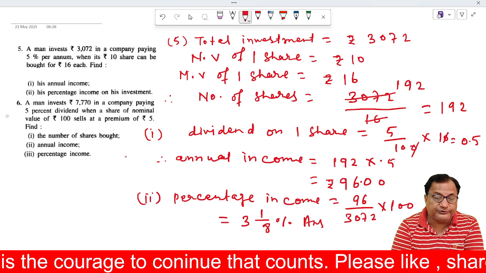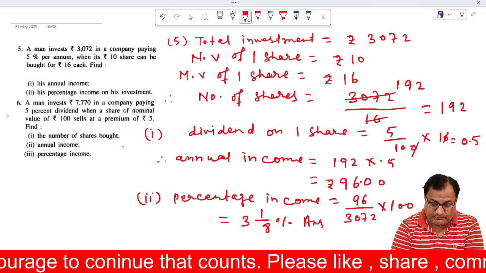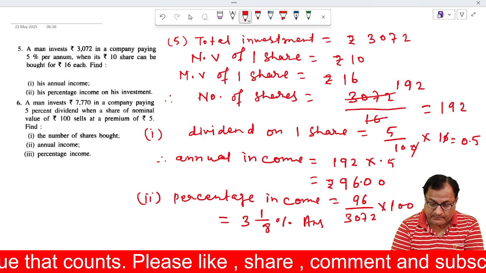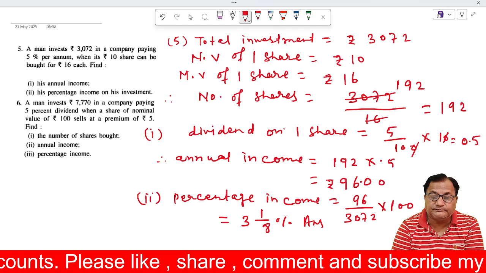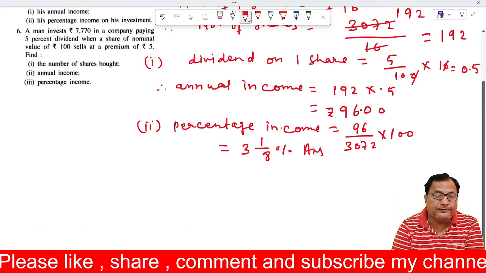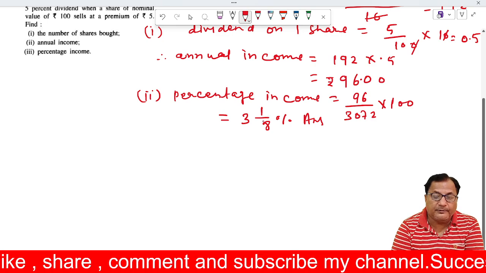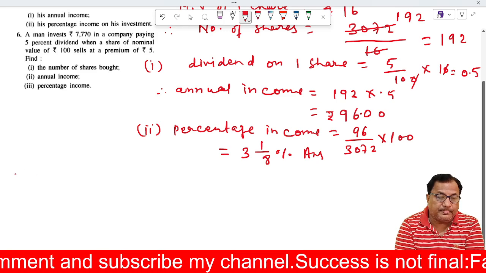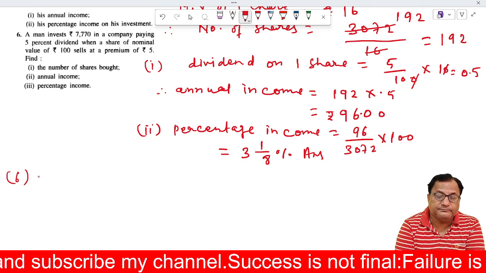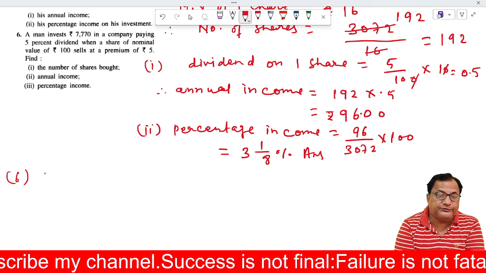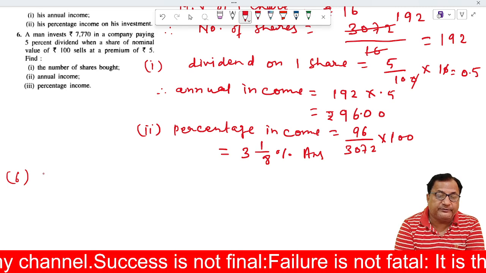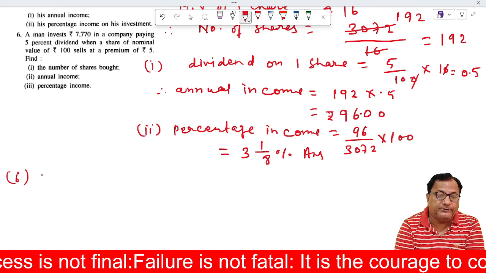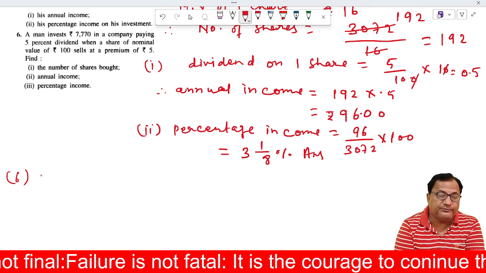Now see question number 6. Question number 6: A man invests rupees 7,770 in a company paying 5% dividend when a share of a nominal value of rupees 100 sells at a premium of rupees 5. Find